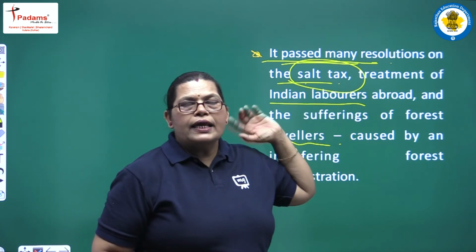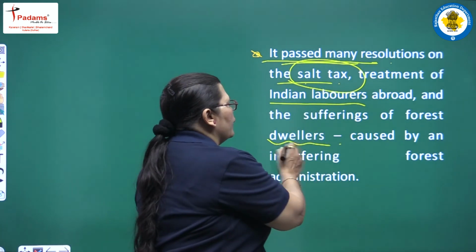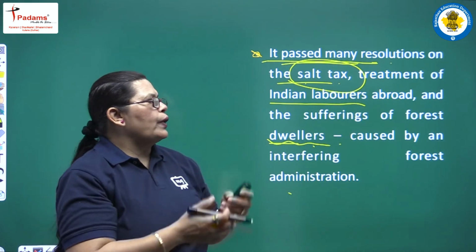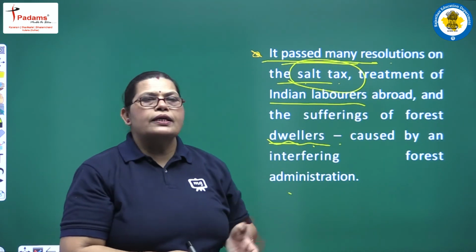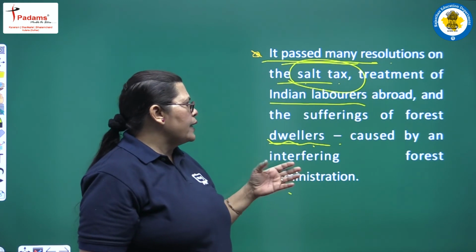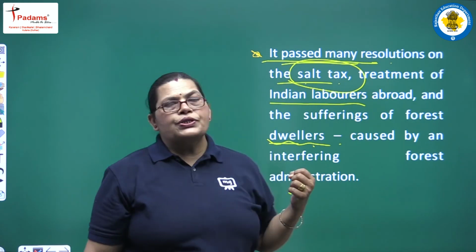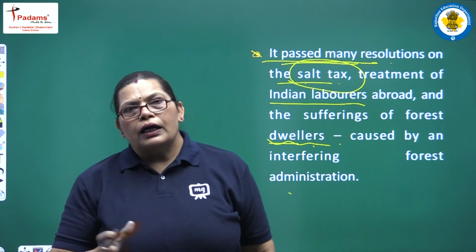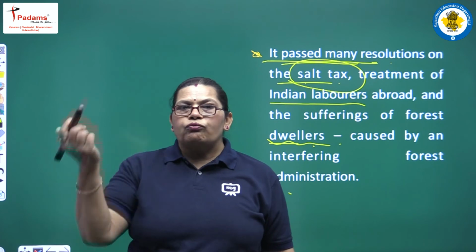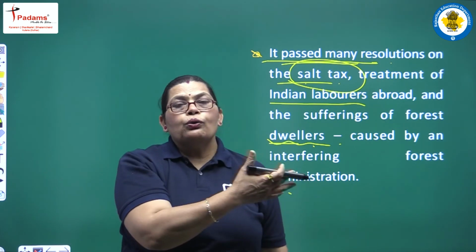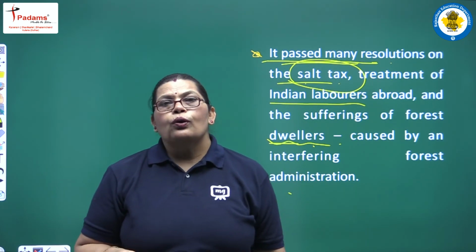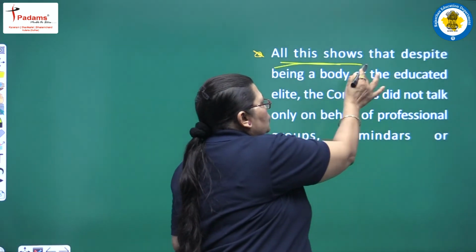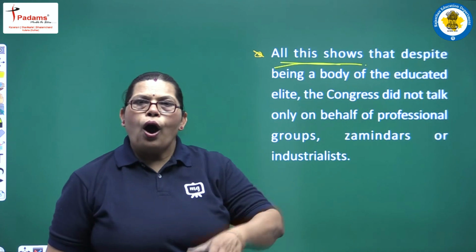So Congress raised this issue also, and especially for the sufferings of the forest dwellers, Congress demanded that forest administration had to be changed. Many changes took place, and for this purpose the government also wanted to amend their changes. So what happened? All these